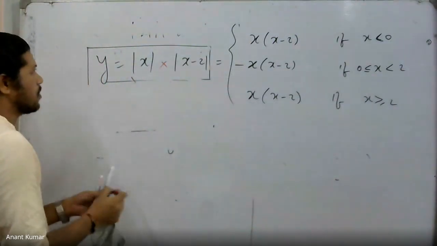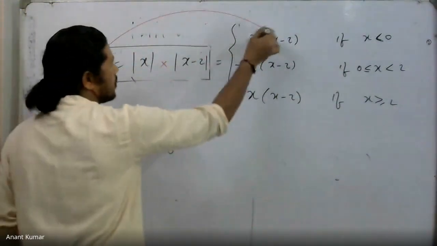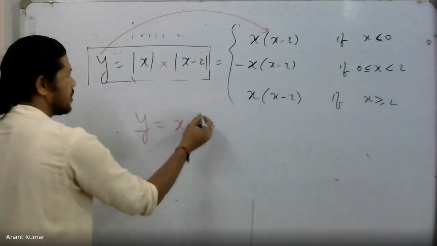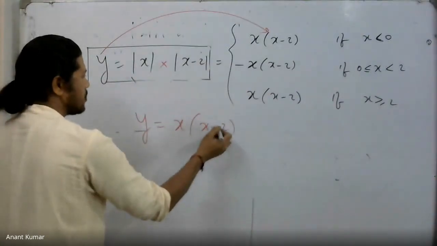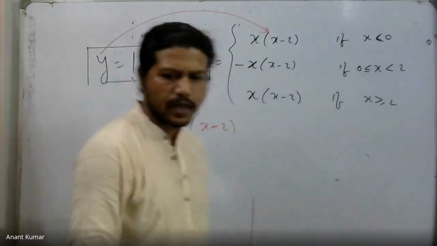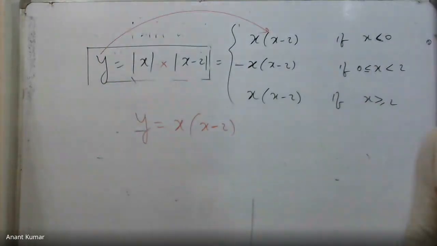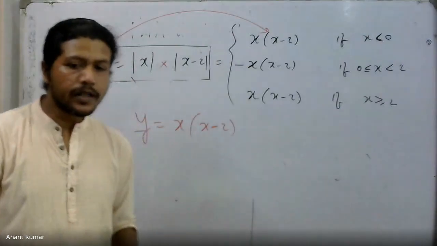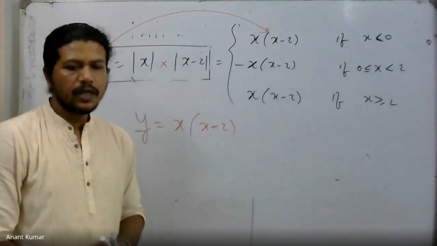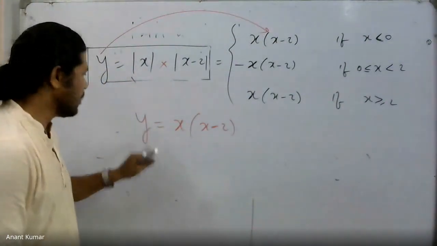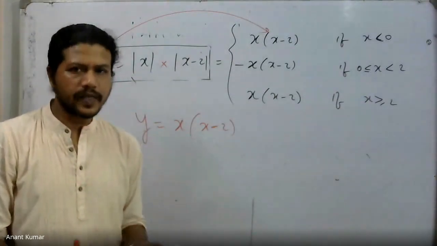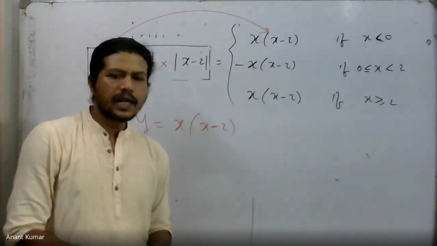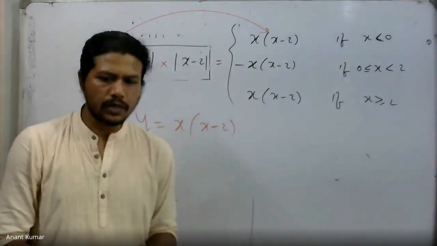Now the point is, if you look at the graph, for example, y equal to x into x minus 2. That is a quadratic expression actually. Now for the quadratic expression, do you know what the graph looks like? It is no longer linear, by the way. For a linear equation, the graph is going to be a straight line, but not for a quadratic expression. For a quadratic expression, the graph is going to be something called a parabola.